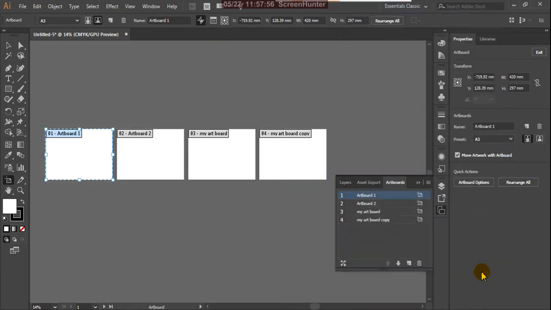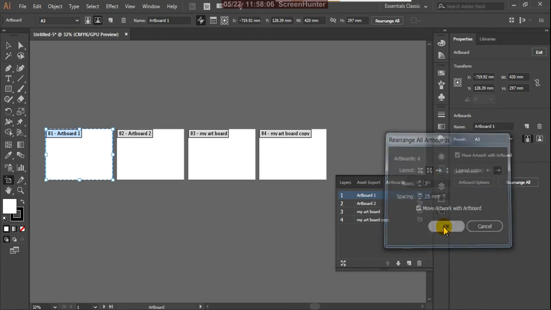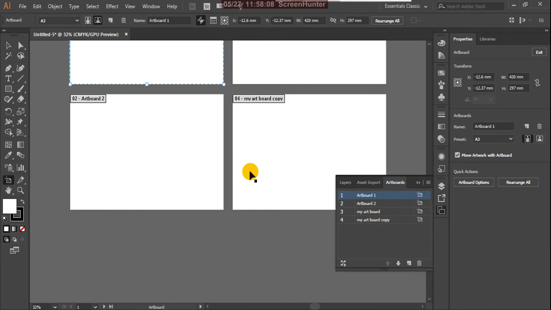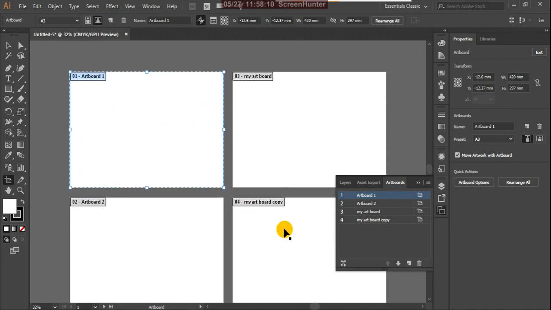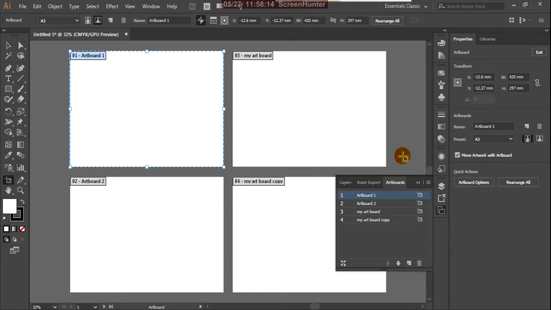Okay, and then here this is rearrange all artboards. Suppose by clicking this, this is rearranging all artboards. Now here we have other options there.